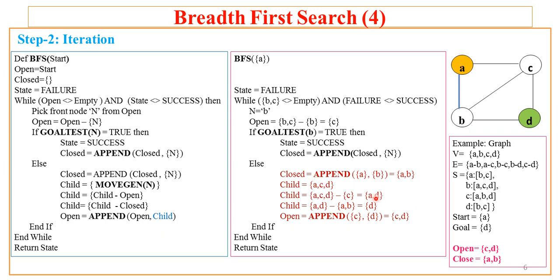Now whatever is left in the child, from that the elements present in closed are removed. So what is there in the closed? It is A and B as well. But as A is present, that A is removed. And what is left in the child at the end? It is only D. And this D is appended to the existing open list at the end. So here in open there is element C and the only node left in the child is D. So that is appended at the end. So our new open is CD.